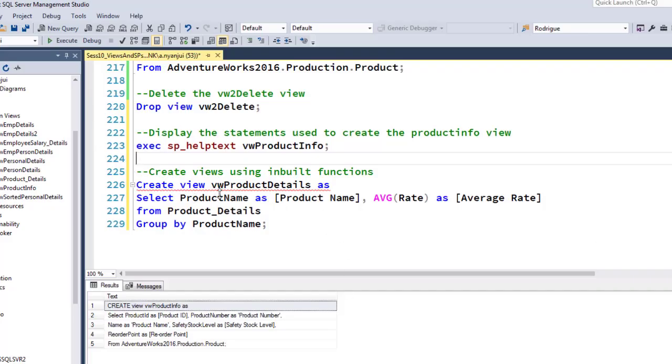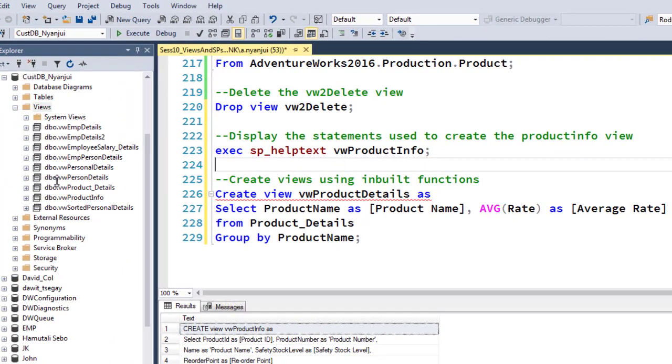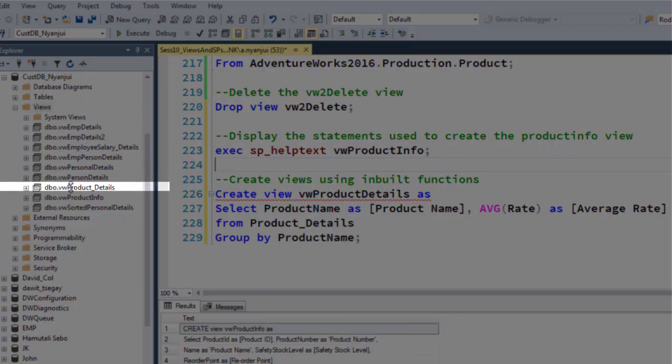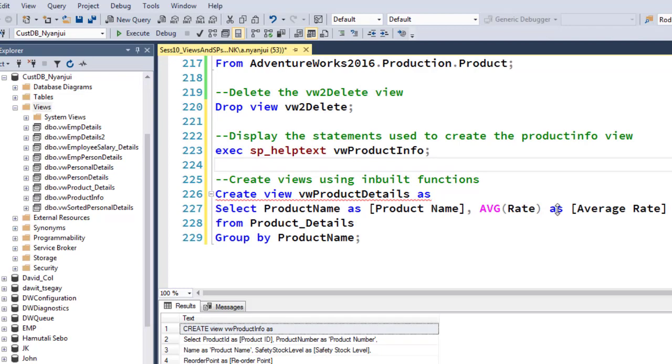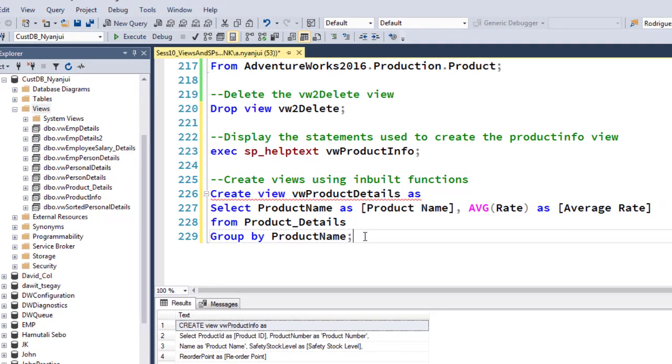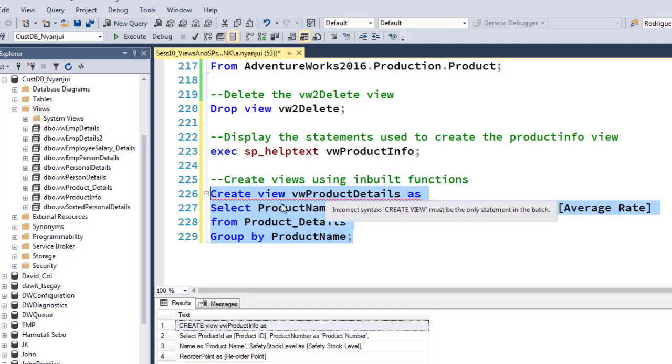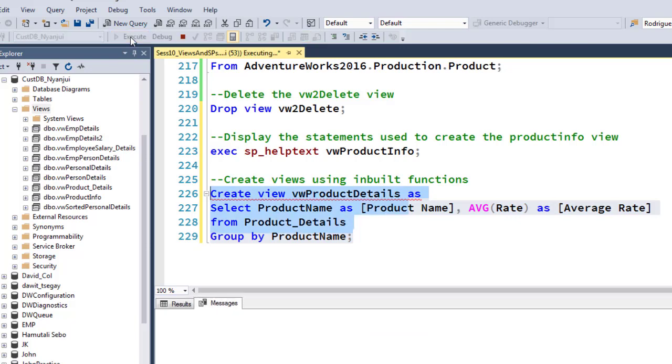Now, if you look at this, I've made a change here. I've removed the underscore because if you look in your Object Explorer, we already have a view called VW product underscore details. So remove the underscore. You can write it as I have here, or you can just leave it exactly as it is in the slides. Highlight this, but make sure you remove the underscore. Highlight, then click on